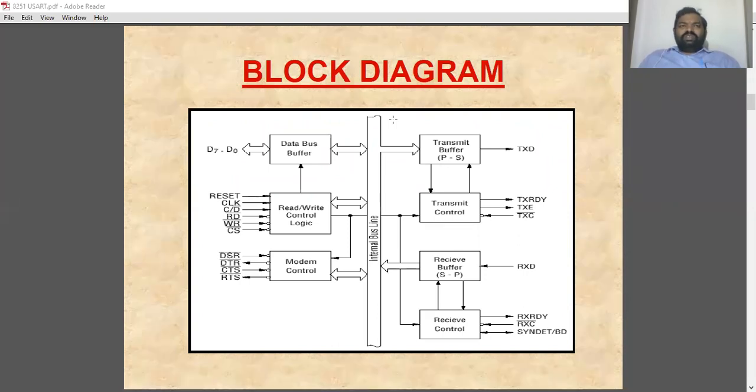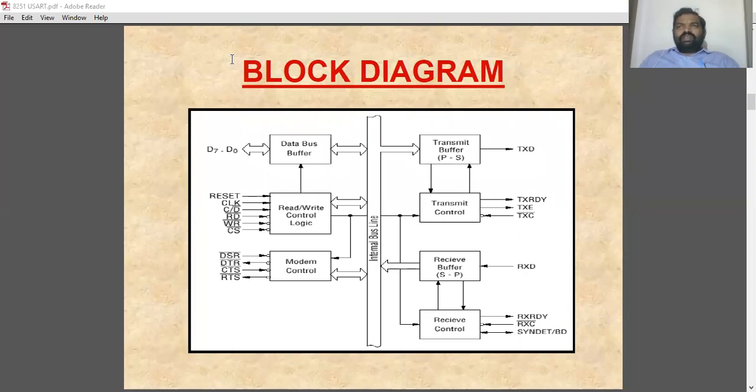So the major difference between synchronous and asynchronous data transmission is that in the synchronous method, we always need to transmit sync signals with respect to the data, the sync pulse, that is important, right? And in the synchronous method, both the transmitter and receiver work with the same clock frequency. To make the synchronization between the transmitter and receiver, we need to provide the same clock, right?